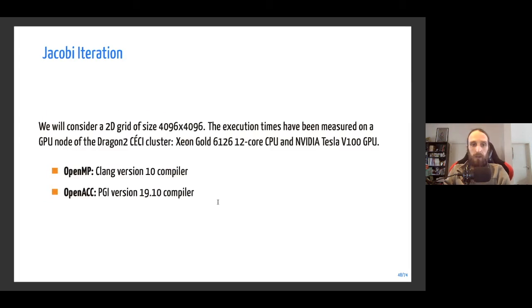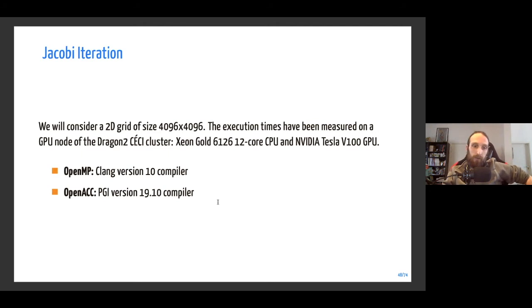What we will do is consider a 2D grid. The full code is available in the zip archive on Indico. Grid size of 4096 by 4096, and we will measure the execution time on the GPU node of the Dragon 2 cluster, which has a Xeon Gold CPU as well as an NVIDIA Tesla V100 GPU.